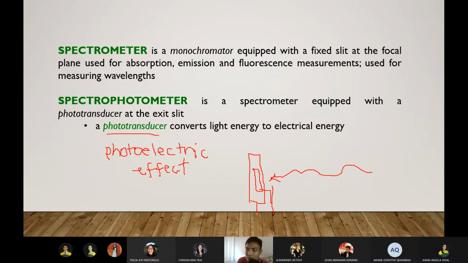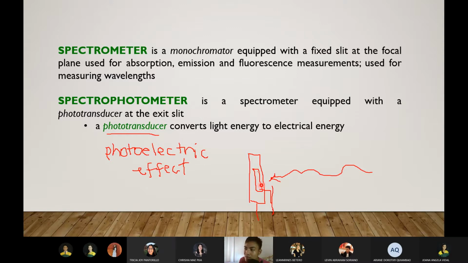So, kumbaga, nagkakaroon dito ng circuit, no? Kasi, remember, sa ating discussion sa electrochem, yung gumagalaw lang naman is electrons, kaya nagkakakuryente. Ganon din dito, no? So, mangyayari, ide-detect ng ating spectrophotometer kung may tumatamang light doon sa sensor natin. Okay? And when the sensor detects na may light nga, tatalsik yung electron niya. And when that electron goes to the other electrodes, doon nagkakaroon ng circuit. Kaya nga sabi natin dito, it converts light energy to electrical energy. Pag tumama yung light dito, tatalsik electron, so magkakaroon ng circuit, aka may kuryente. Yan yung ginagawa sa